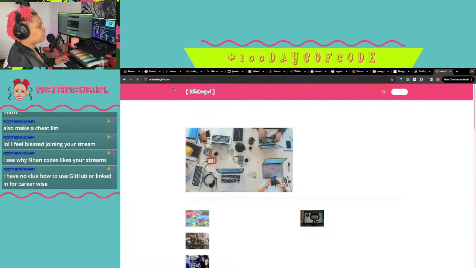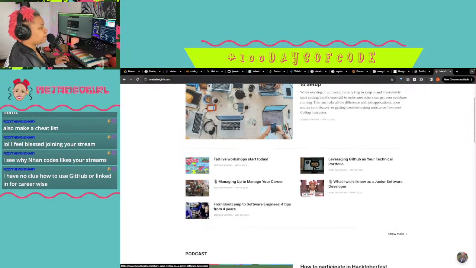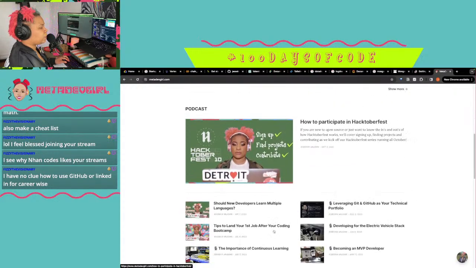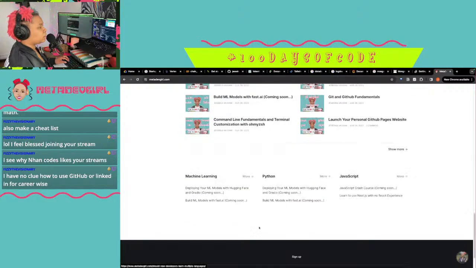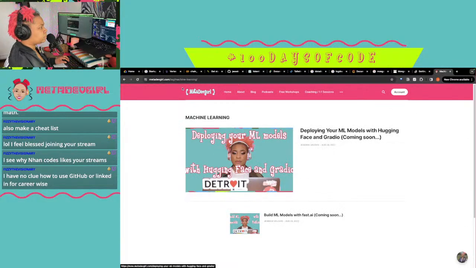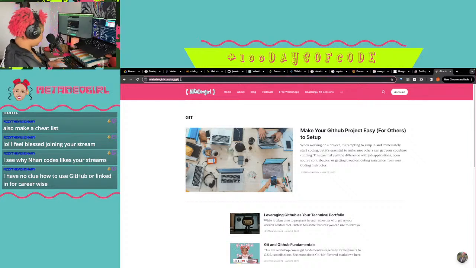I have a bunch of GitHub stuff you can start with that tells you how to set up your GitHub and how to get started using it. Tag. I need to make a link to just this Git stuff. Git. Okay.